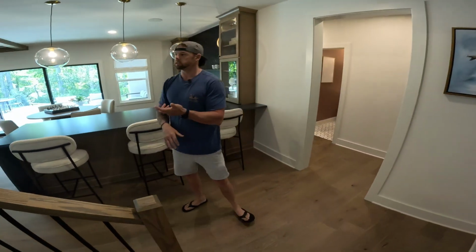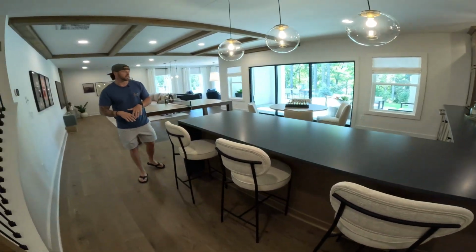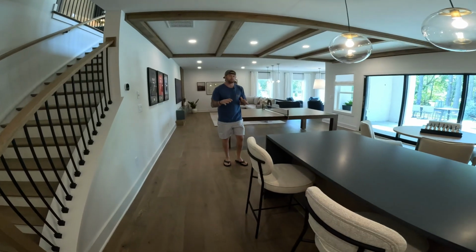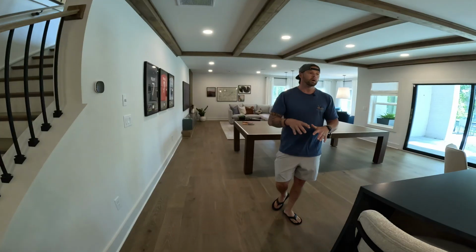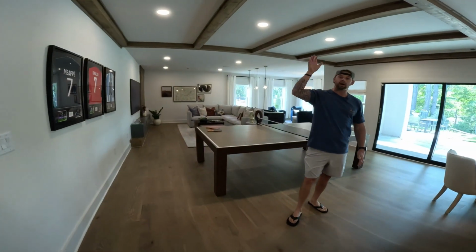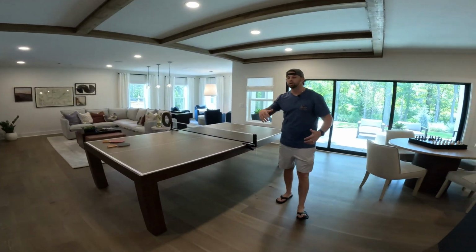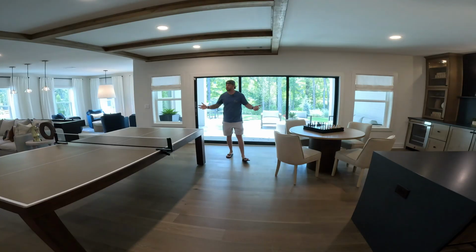So all this is so people can see what it's like to have a finished basement. But down here, it's just going to be the studs and electrical and some plumbing. So all this is great, but keep in mind, this is not how the model comes, but you can design it like this and you can make it a blank canvas. So with that being said, upstairs has a lot of entertainment space with that opening door, with that big kitchen with those tall ceilings. But this is also really nice as well to have all this flex space down here